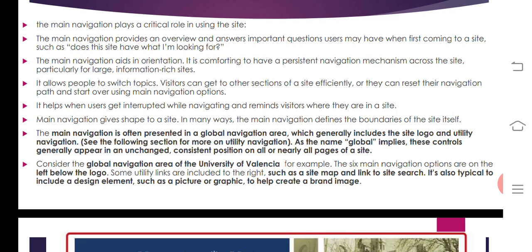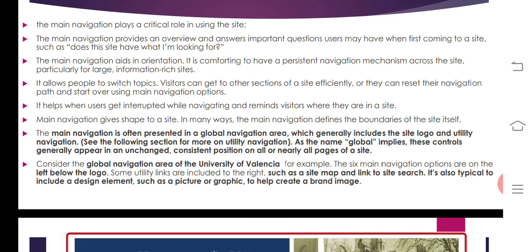So the name global implies that this control generally appears in an unchanged way, in the same position near the top of the pages of the site. The global navigation here is of the University of Valencia.